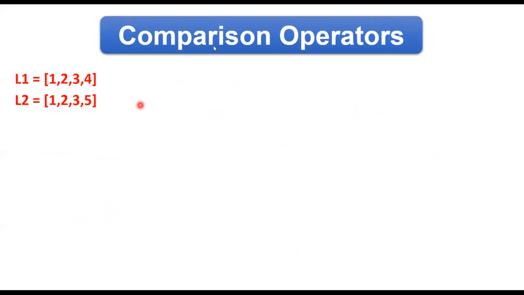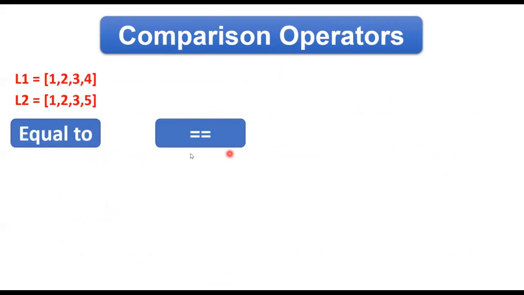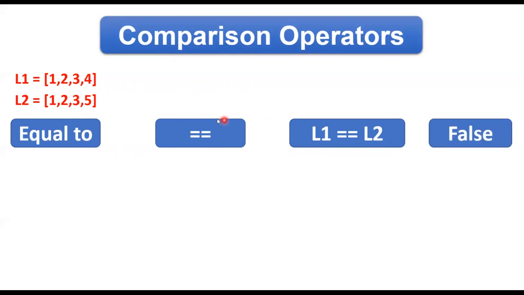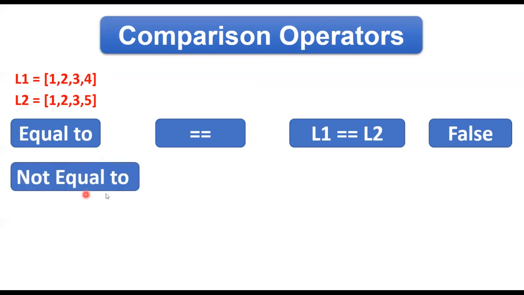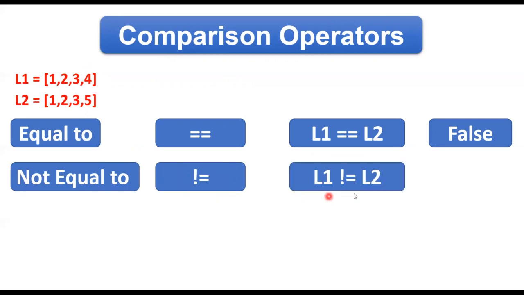So now we are going to learn some comparison operators. So equal to. Equal to is always denoted with a double equals sign. So I'll be writing L1 == L2. I'll get the result as false. And I have told you the reason, that the last elements are not matching, not equal to each other. Similarly, if I say not equal to, then we always denote not equal to in this way. And I'll be writing L1 != L2. I'll be getting the result as true because yes, both the lists are not equal to each other.